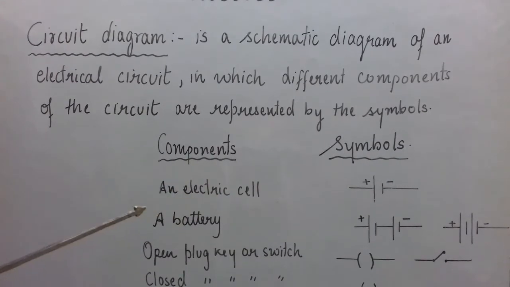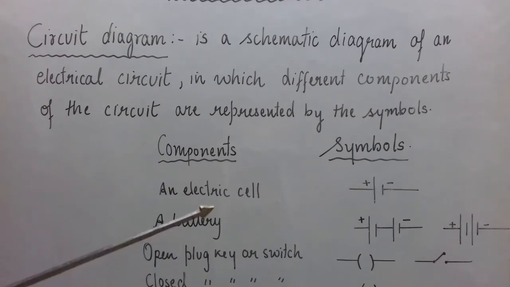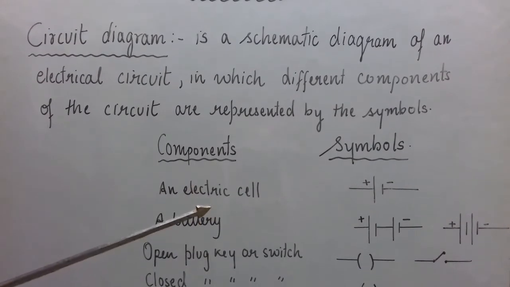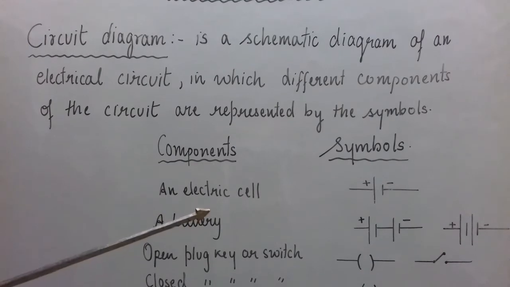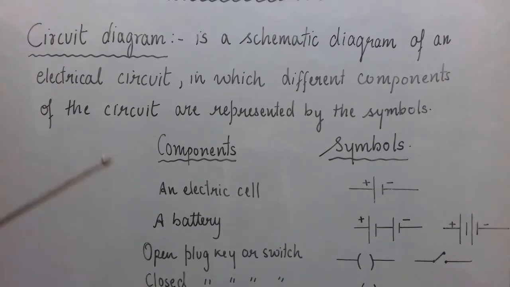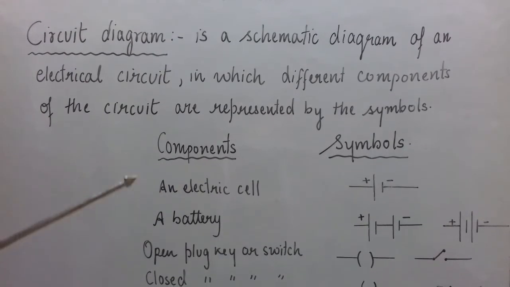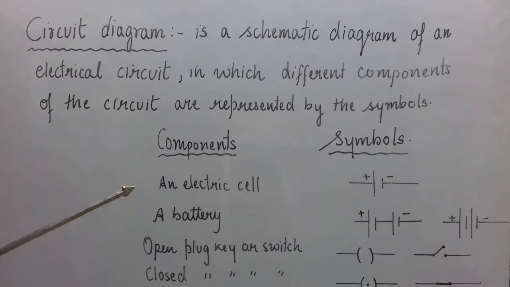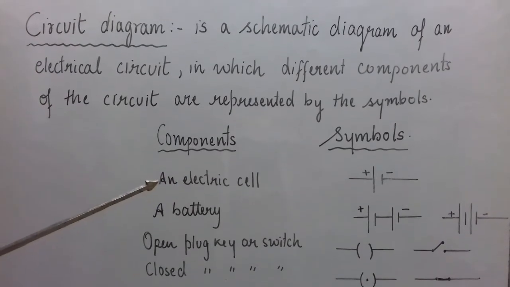Actually in a cell, as I told you, cell is a source of potential difference. So in the cell, chemical action takes place which is able to maintain or create the potential difference across the two terminals. One terminal is positive, which is at high potential, and the other terminal is negative, which is at low potential. And this cell is not only creating this potential difference, but when electric current flows through the circuit, chemical action takes place in the cell continuously, which maintains this potential difference also, so that electric current can continuously flow.